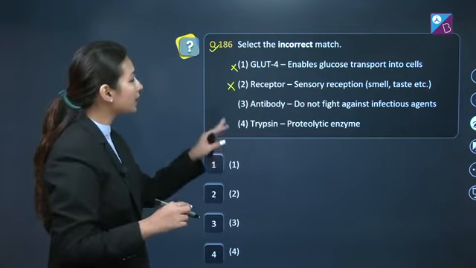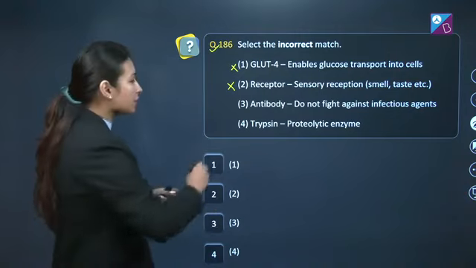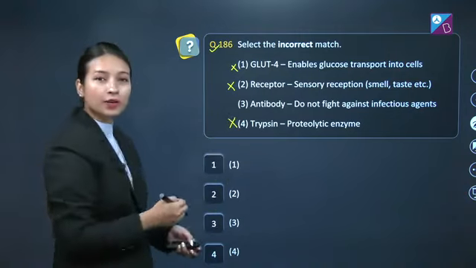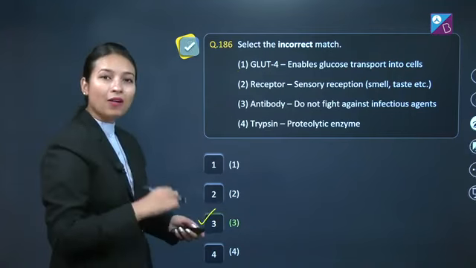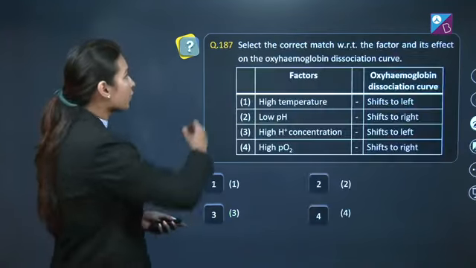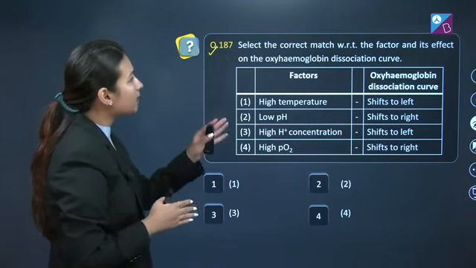Option number 4 here is trypsin matched with proteolytic enzyme. This is the correct match. So that's why option number 4 is also incorrect, and our correct answer here is option number 3. Now let's move on to next question, that is question number 187, which states select the correct match with respect